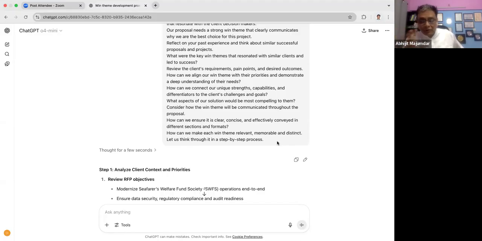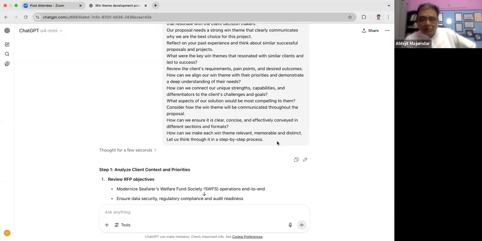Then in the next round, you start clustering the ideas: these ideas look to be related, these ideas look to be related, and you create the clusters. Then you have got 4 clusters. Then you find out which are the unique ones, which are already there, and then you can combine. So you go on doing it in cycles, iterations. That is the same iteration you can do with the LLM, even without needing a team, even without needing anyone. That is the power of LLM, generative AI. Use it for that power.